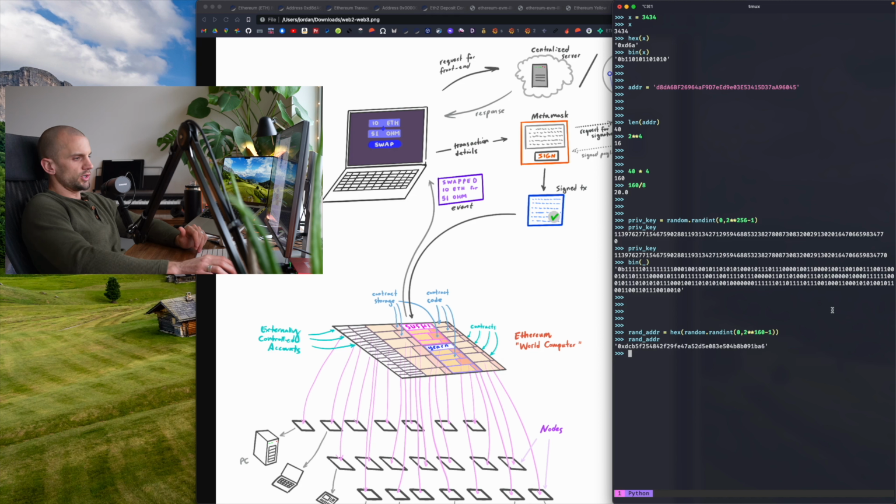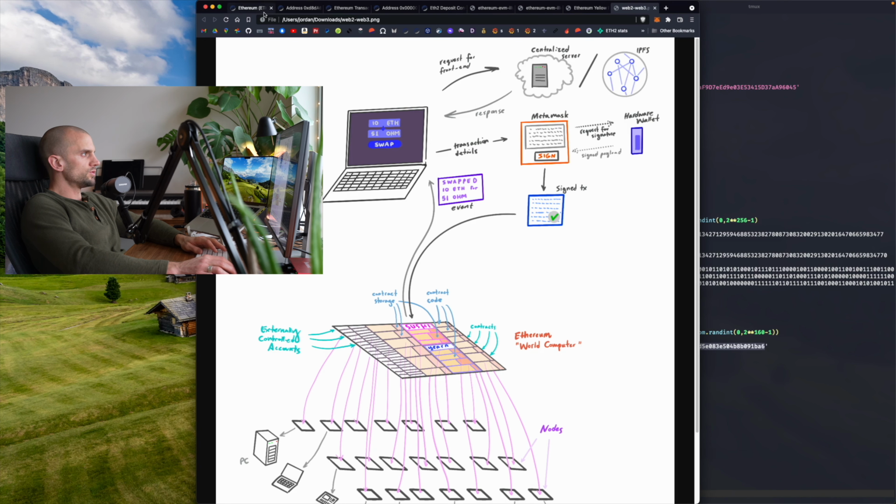So I've literally just generated this without a private key or anything. I've just generated a random hex string. So this is 160 bits, but it's just random hex, right? Now I can take this